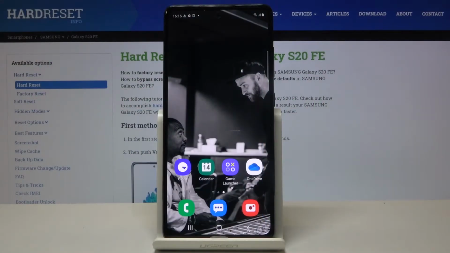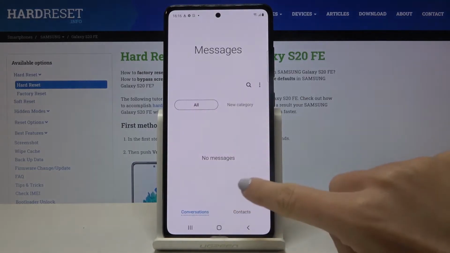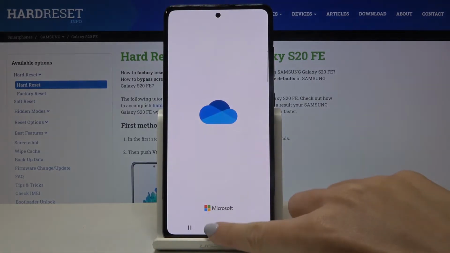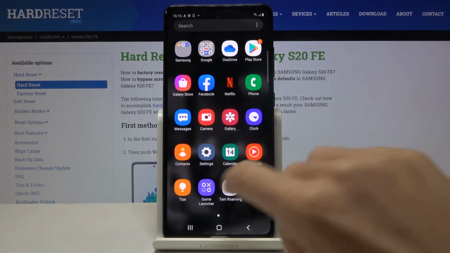Here I've got Samsung Galaxy S20 FE, and let me show you how to activate or deactivate touch sounds on the following device. So as you can hear, currently it is muted, so you cannot hear any sound connected with my tapping on the screen on any icon, but if you want to change it, you have to read the